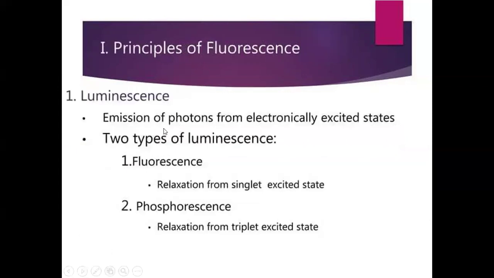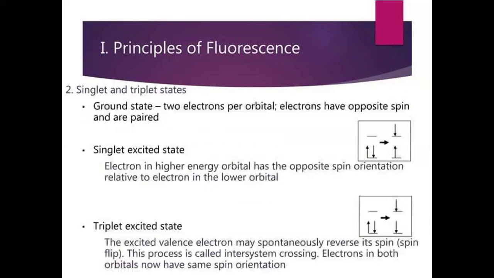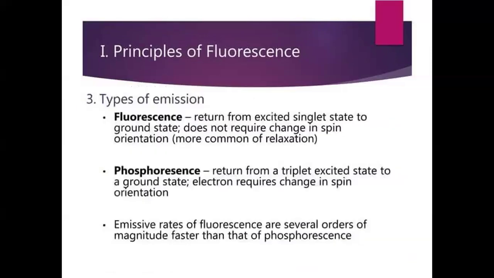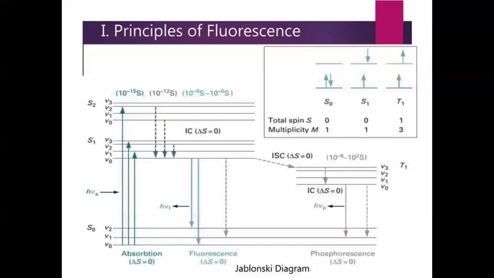If you look at luminescence, there are two types: one is fluorescence and the other is phosphorescence. Fluorescence means the molecules at the ground state, when light radiations are incident on them, go to a higher state, and from the higher state they come back to the lower state. When they come back, light is emitted in the form of fluorescence or phosphorescence. But in the fluorescence spectrophotometer, only fluorescence is measured.